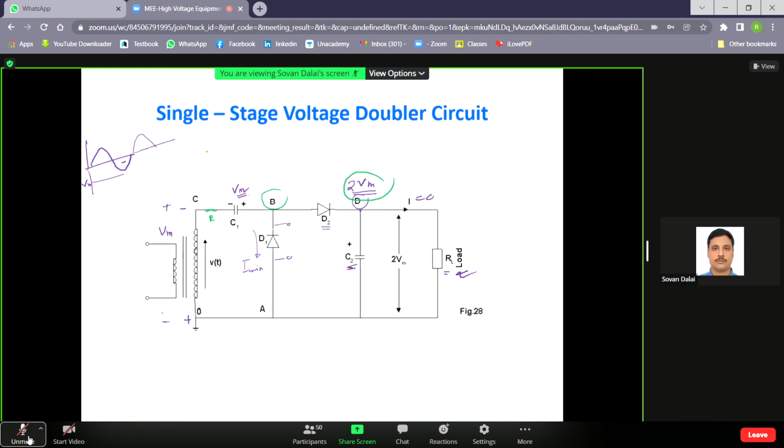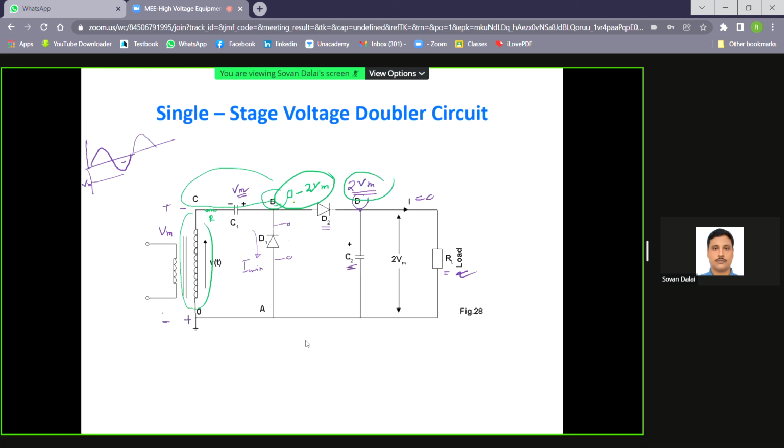ভালো করে ভেবে দেখো যে B পয়েন্টের potential is potential of VBC plus VCO, তাই না? যখন এই ডায়োডটা কন্ডাক্ট করছে তখন এই পোটেনশিয়ালটা 0, এই ডায়োডটা যখন রিভার্স বায়াসে আছে তখন ম্যাক্সিমাম এই পয়েন্টের পোটেনশিয়ালটা কত? 2Vm। তাহলে B পয়েন্টের পোটেনশিয়ালটা হচ্ছে oscillatory in nature and it varies from 0 to twice Vm। এটা লাগবে আমাদের পরের অ্যানালিসিসের জন্য। The D point potential is fixed, constant, but B point potential is oscillating from 0 to twice Vm।